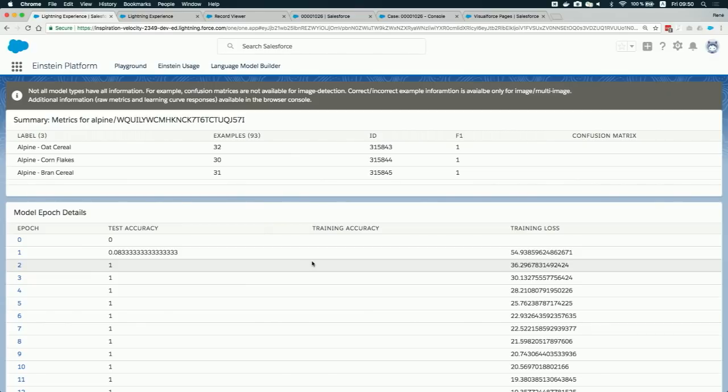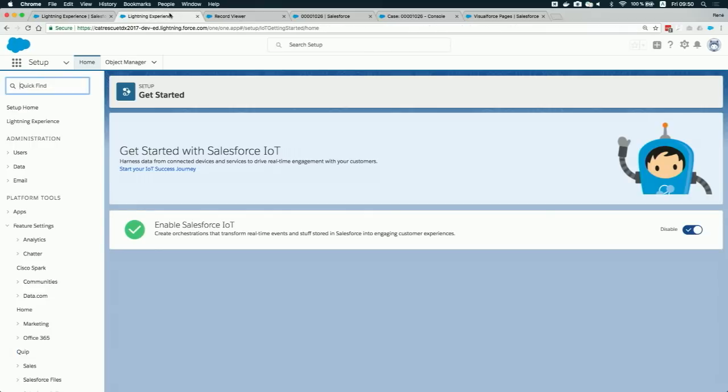Now moving on from Einstein Platform Services to a completely new topic, IoT. We have a company here called Pure Lowy, and Pure Lowy is using moisture sensors on their harvest fields to detect the moisture level on those fields. They're using IoT Explorer for this. We GA'd this product in Winter '18, and now with Salesforce IoT and the new REST API, completely new